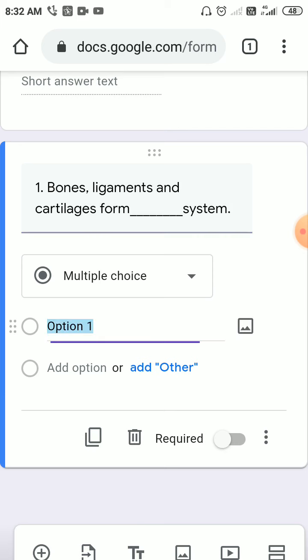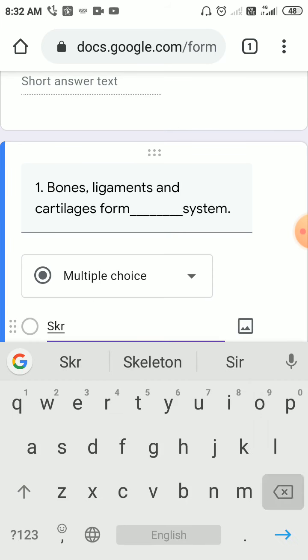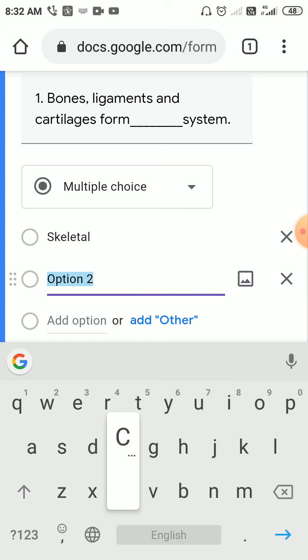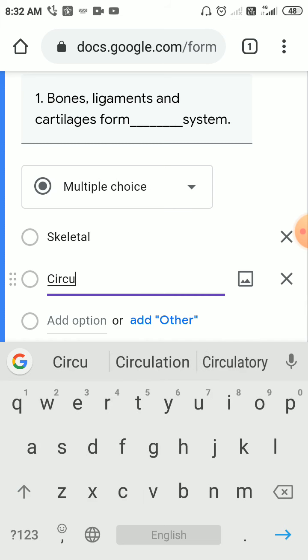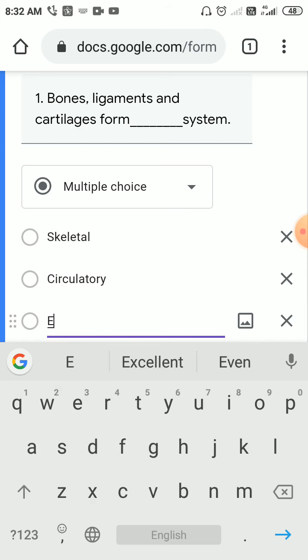So first option I want to give, let me give skeletal. Second option, let me give circulatory. Third option, let me give excretory.